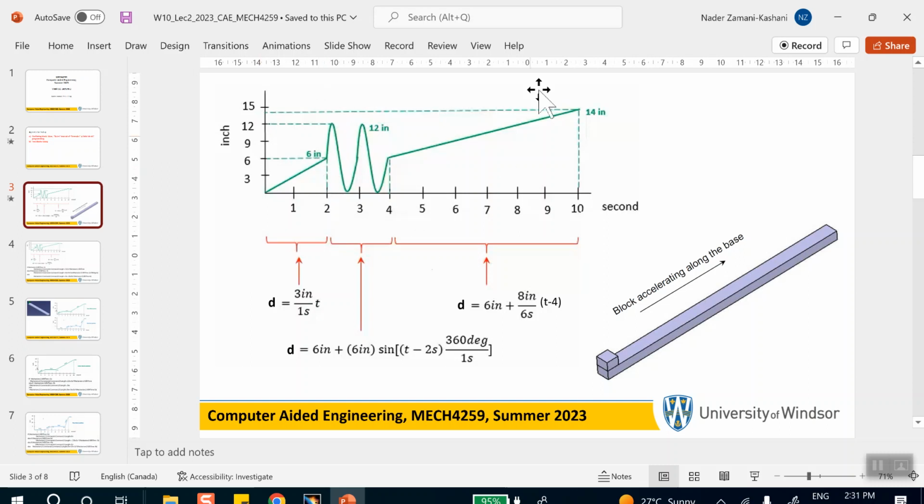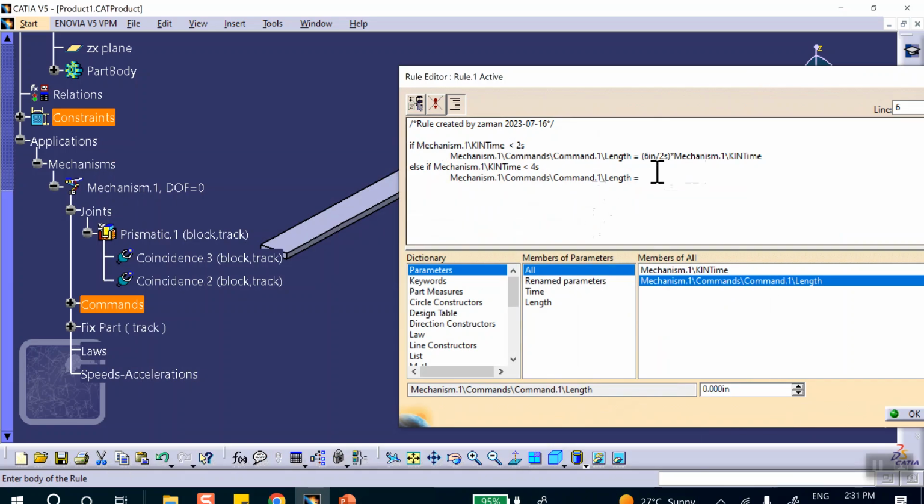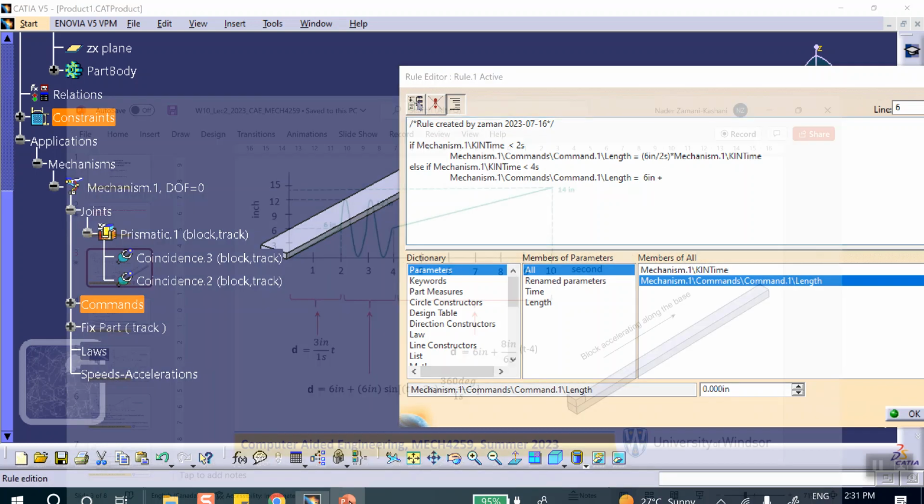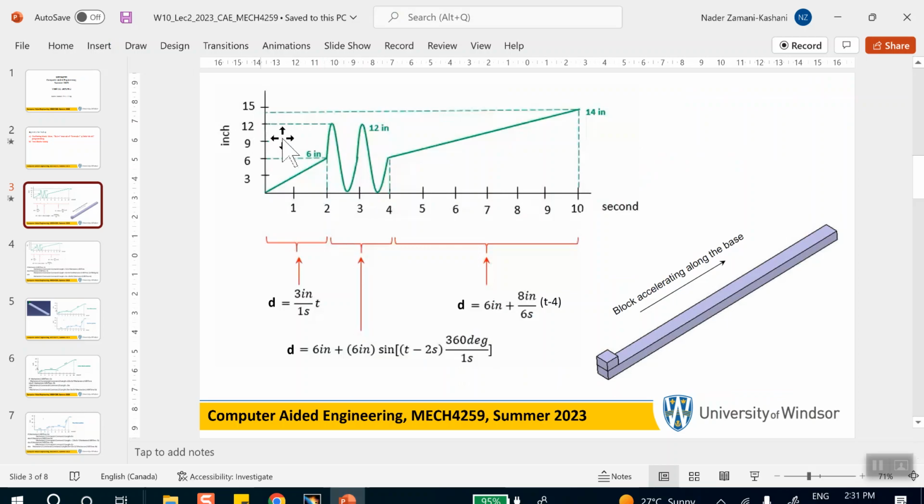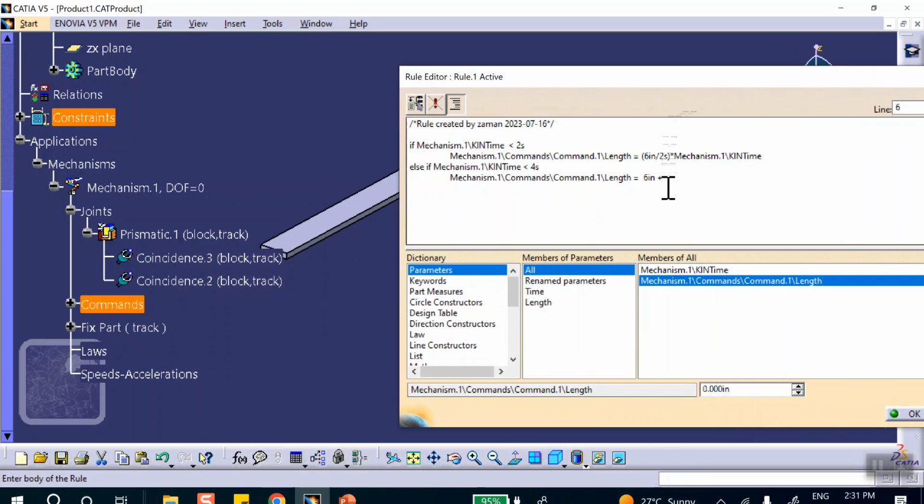So 6 plus, okay? Another way to look at it is 6 plus 6 inches, don't forget, 6 in plus. Now the amplitude of the oscillation of this is peak to peak is 12, so the amplitude is actually 6 inches up, 6 inches down. So you have to take that into account, plus 6 in times